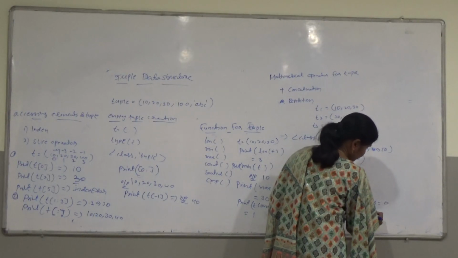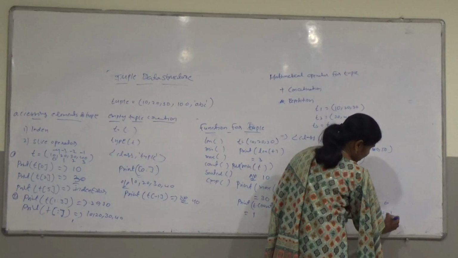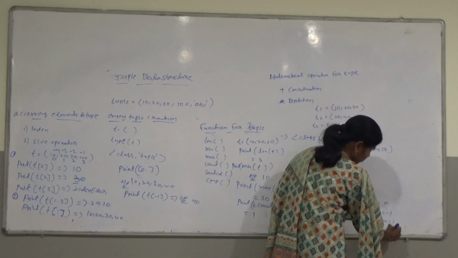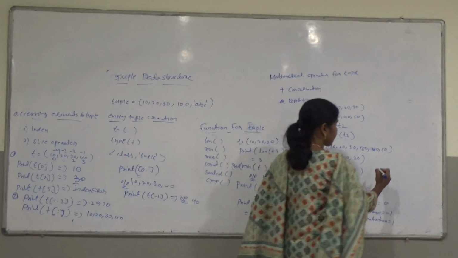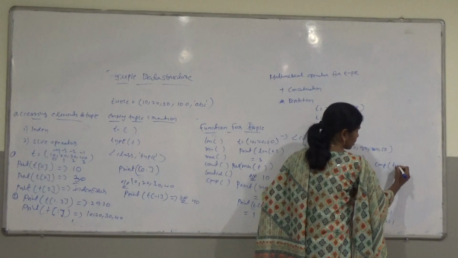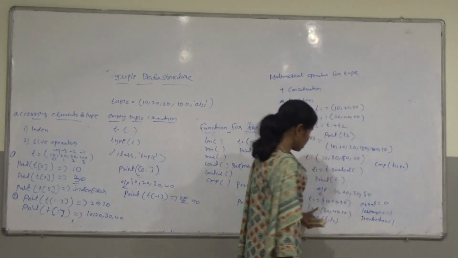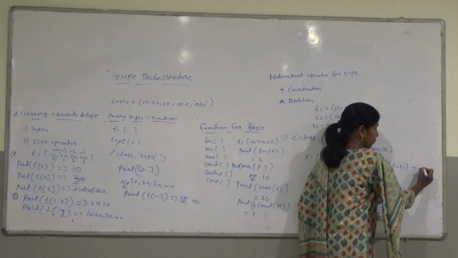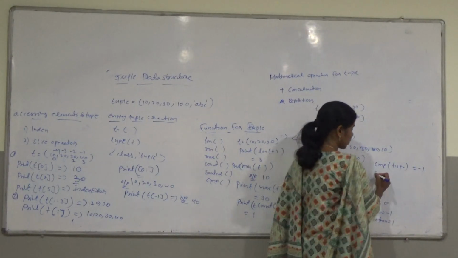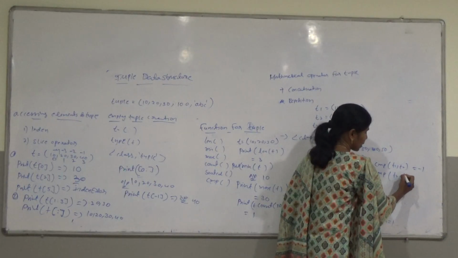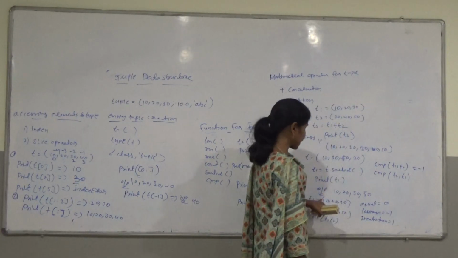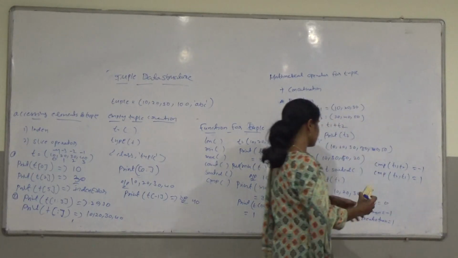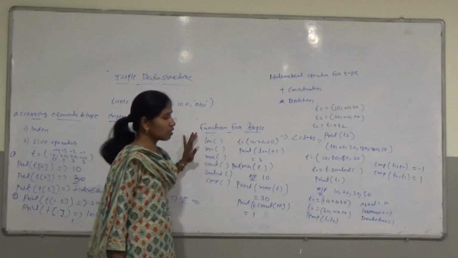Less than means -1, greater than means 1. Compare(t1, t2): t1 is less than t2, so it returns -1. Next, compare(t2, t1): t2 is greater than t1, so it returns 1. These are the functions of